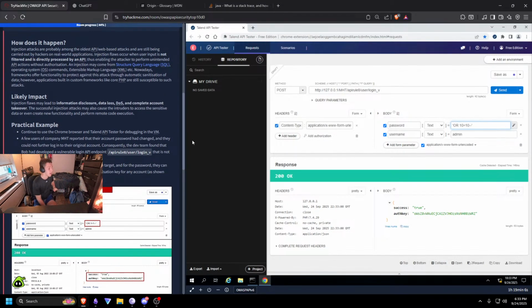There's a number of things I could do here, but this is a very bad vulnerability. Most of these API vulnerabilities can be exploited with Burp Suite. And if you know anything about Burp Suite, you would know that it's very good at these kinds of attacks, which you do not want if you're running a sensitive web application. So I'll put